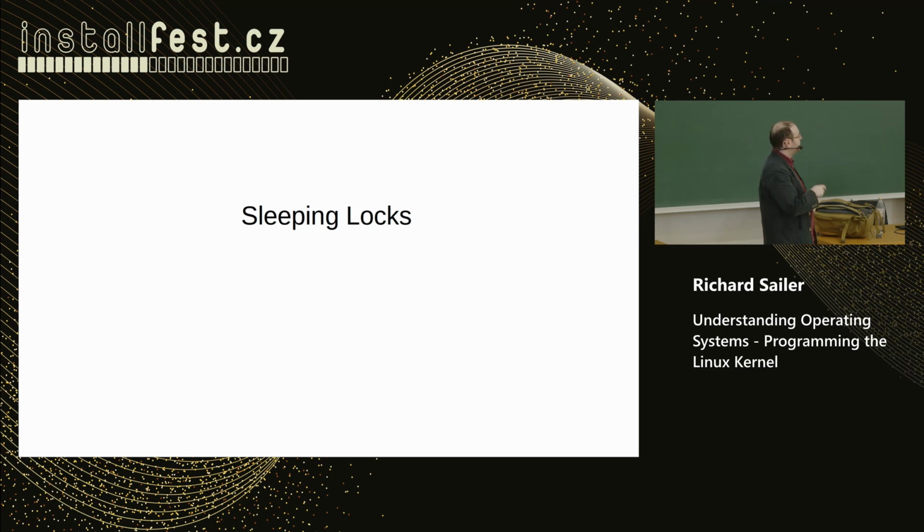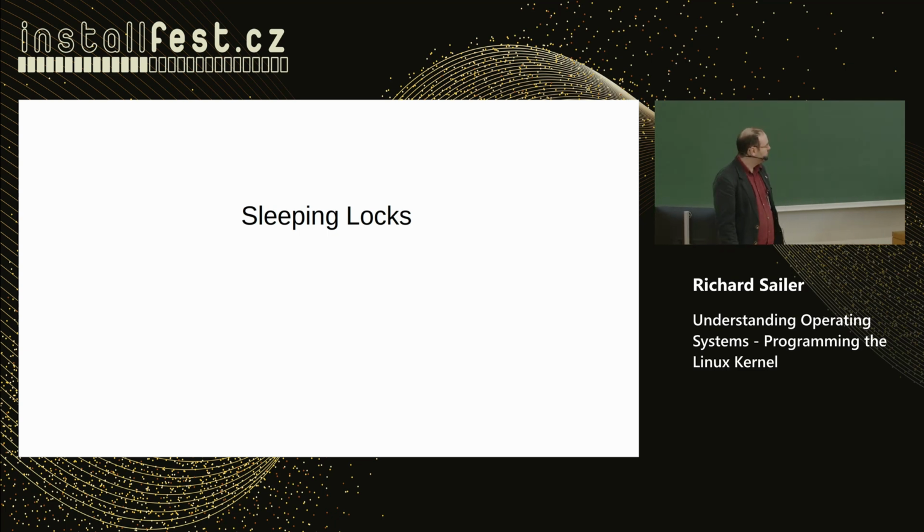And the thing is, you can use the sleeping locks only if you are in process context. So that's that thing before. If you are in interrupt context and you are using a sleeping lock, you are doing a horrible, horrible sin, because then it will happen that your whole computer will freeze sooner or later. Also all the locks that are available to user space are of course implemented with the sleeping locks from the kernel. There is this system call, I think it's called futex, fast user mutex, that uses such a sleeping lock.